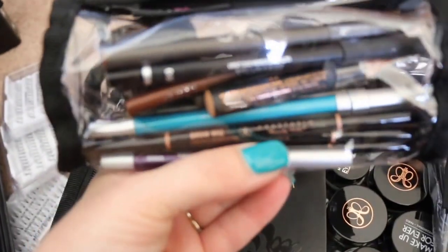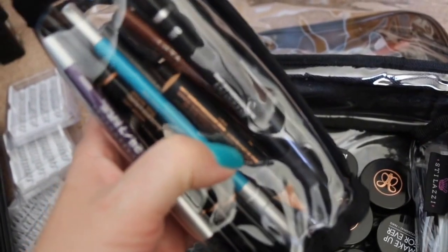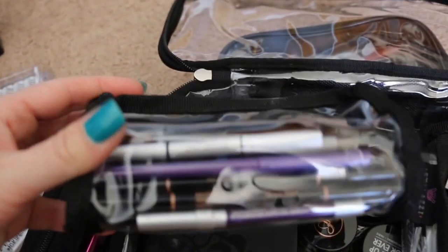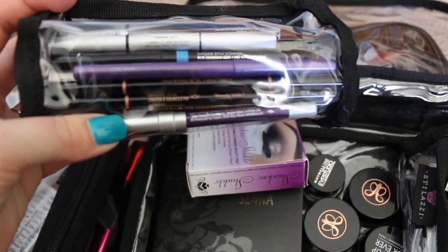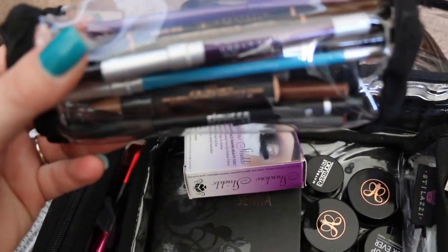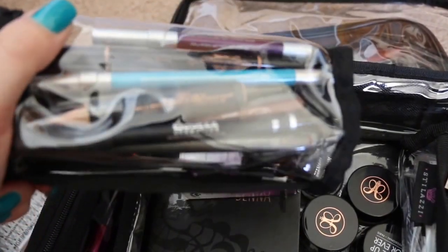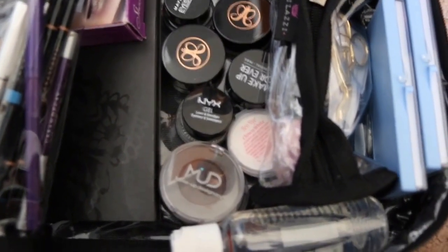And then I have, this is all my liners. There's an Anastasia brow highlight pencil in there, different colors. There's a few brow pencils. There are all the Anastasia micro pencils in all the different shades. There's blue and purple liners. There's obviously your black, brown, all the basics. Waterproof for those,